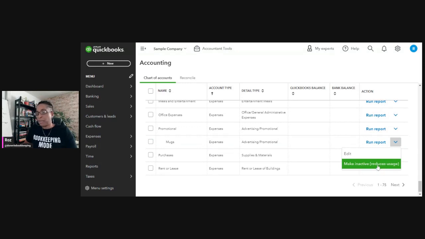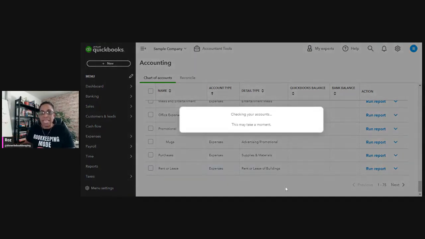Okay, so just understand that it reduces the usage, because the basic QuickBooks Online account, actually you're allowed 250 accounts within your QuickBooks Online account. So this is what that means, is reducing the usage, because depending on which plan, and I actually have another video that you can refer back to that shows you the different plans within QuickBooks Online. You can see that each plan has a different amount of chart of accounts that you can create.